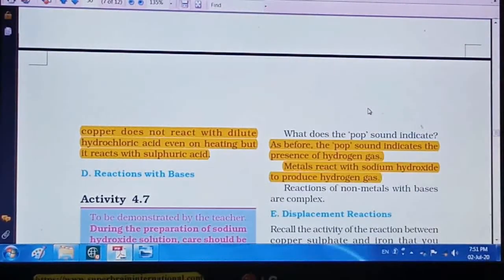So in short, we can say that metals react with acid and non-metals do not react with acid. If the non-metals do not react with the acid, there is no observation that we have to conclude. And as the metals react with the acid, remember that whenever a metal reacts with the acid, it forms its particular salt, and along with that hydrogen gas is released, right?